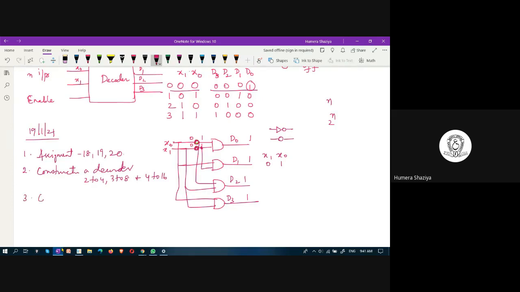Third is complete the figure of bus system constructed through three-state buffer. These are the three tasks which you are supposed to do, because again I would be taking class